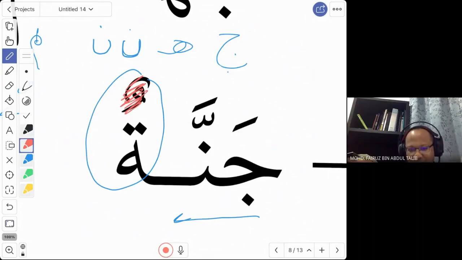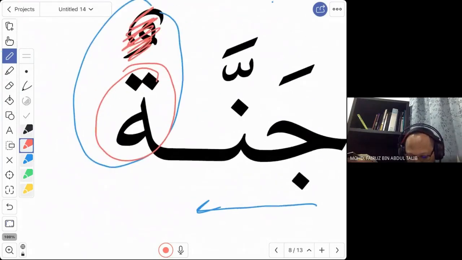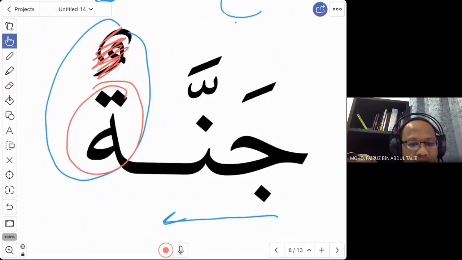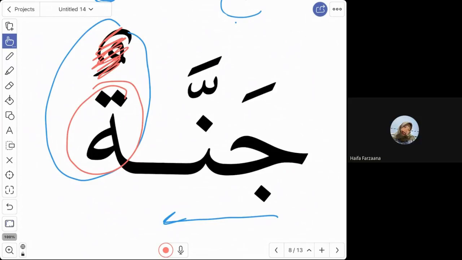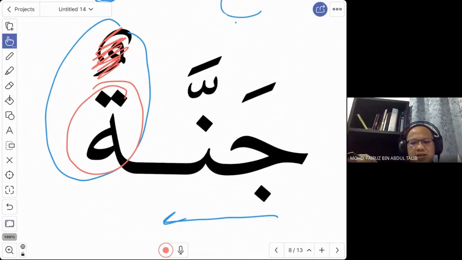Yes, you can skip that. But when you skip that, do you remember this letter? This is a special T, ta. When you do not read it with a vowel, you have to produce another sound. Anyone remember what is the sound that you should produce here if you do not want to read this? Okay, anybody remembers this ta? Jannah. Yes, correct.